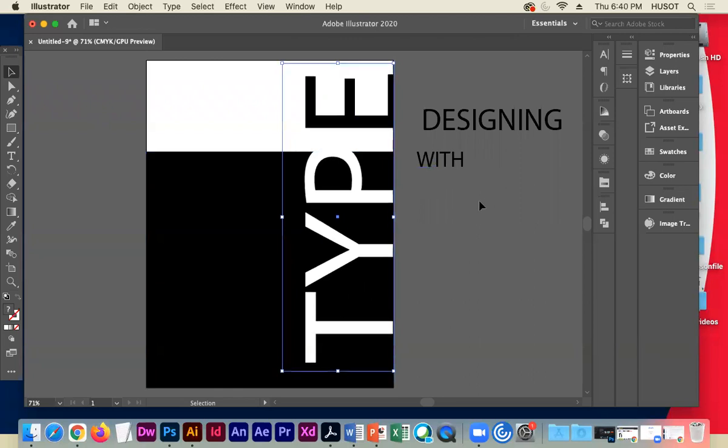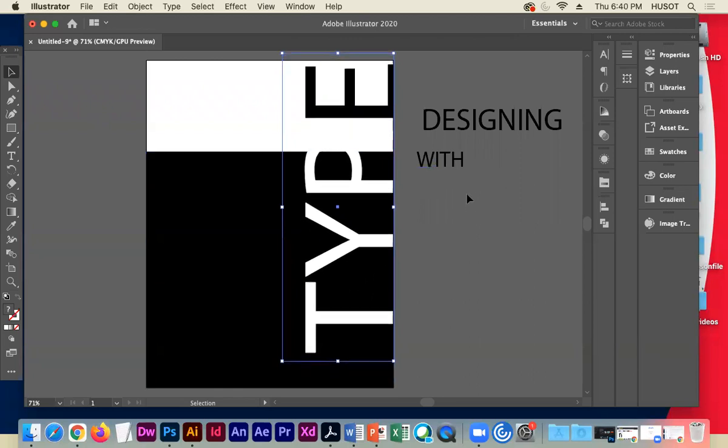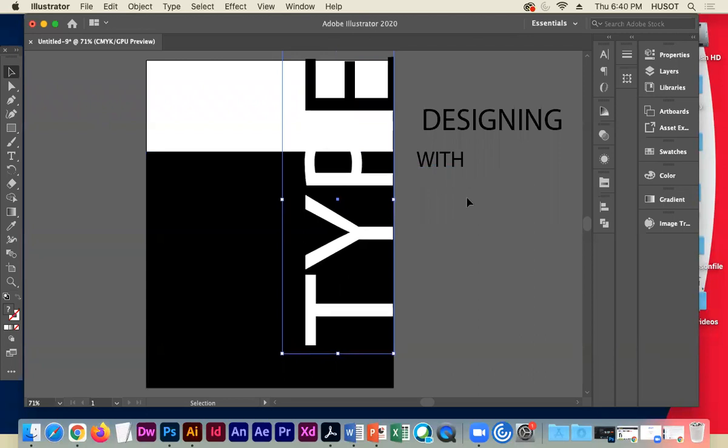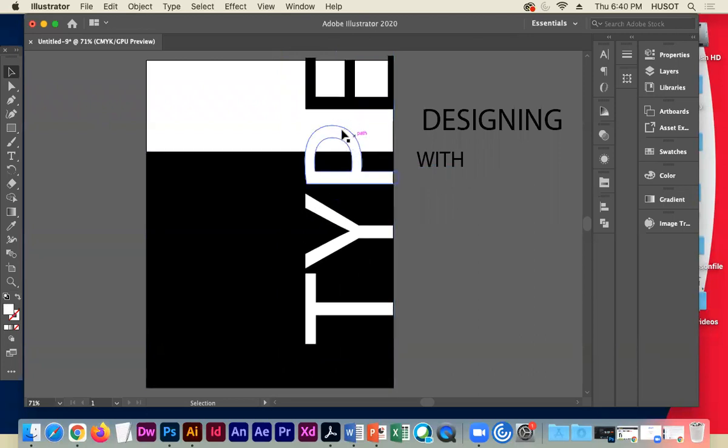Now look what happens if I move it this way. So I'm just adjusting this so you can see the effect that happens. Look if that P runs into that negative space differently. Does that still read as a P? It gives us this little part of the shoulder, the curve of the letter, and it puts it into the negative space so it disappears. I think it still says type on it, which makes it very interesting,